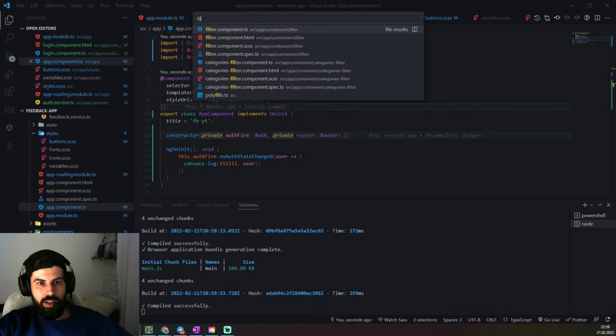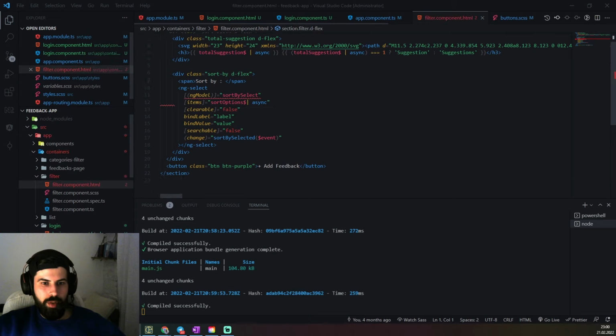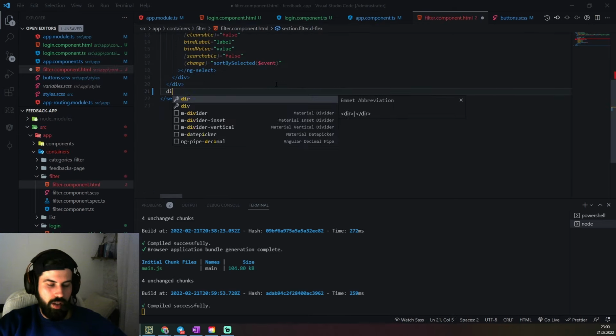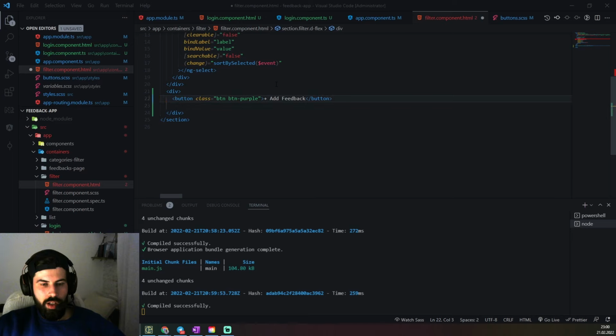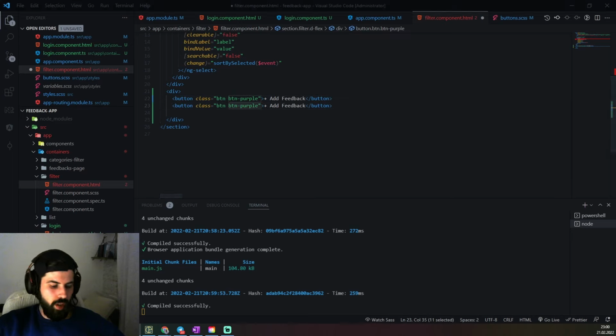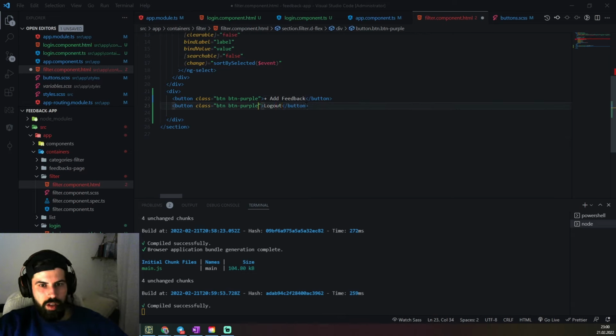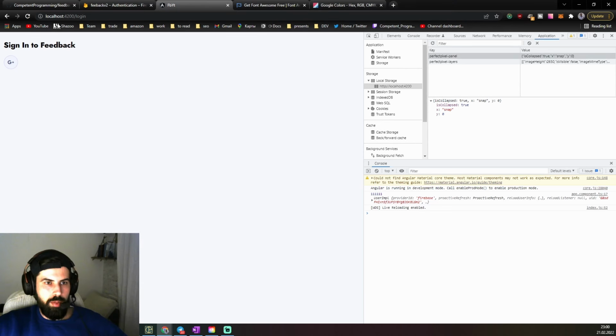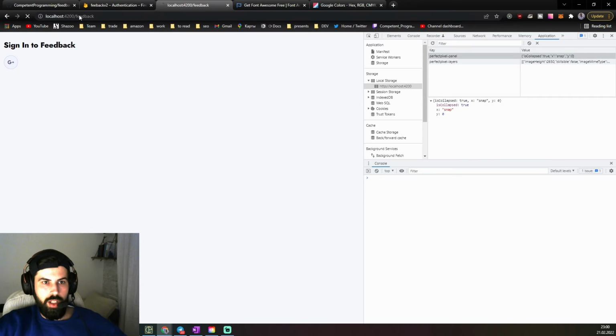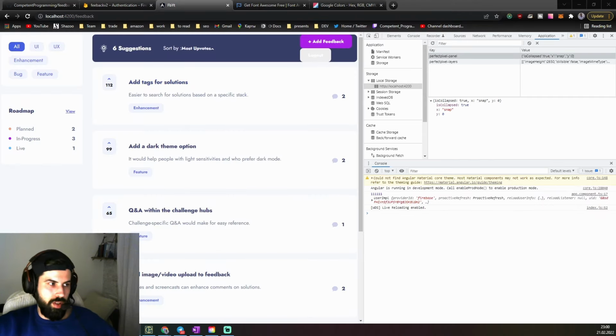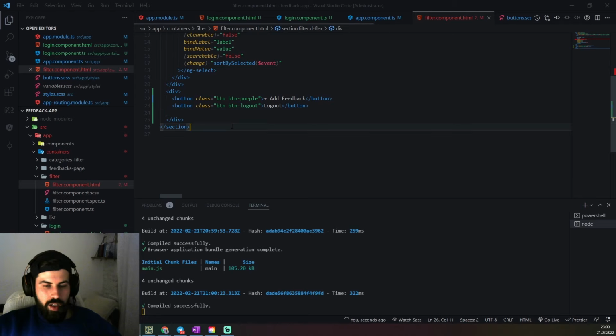Also, I want to add in filter components another button, and I don't remember what is the right name for this. Logout should be, and here we just define button logout, and this button gonna be available once we log in. We're gonna be able to log out using it. To do this, we also need